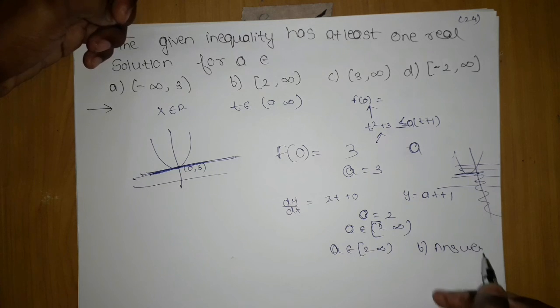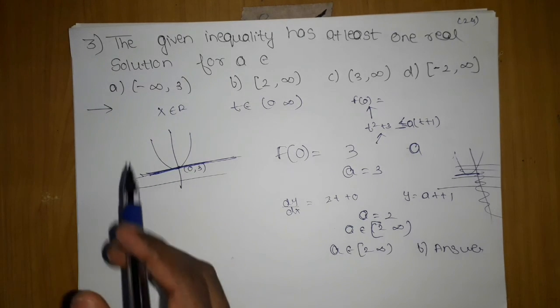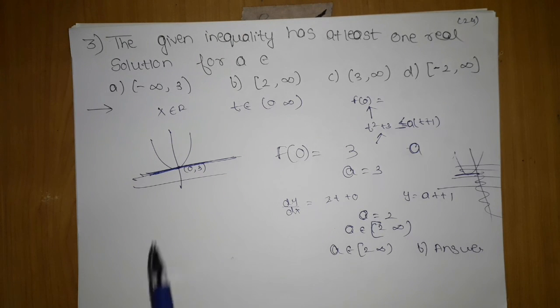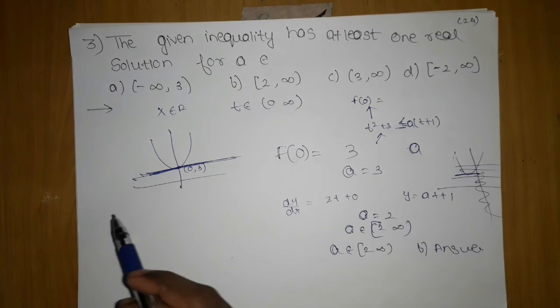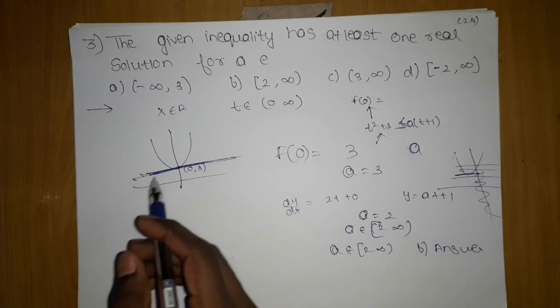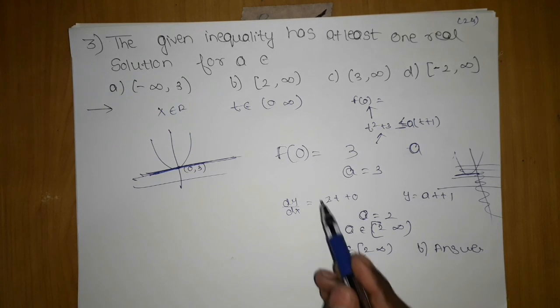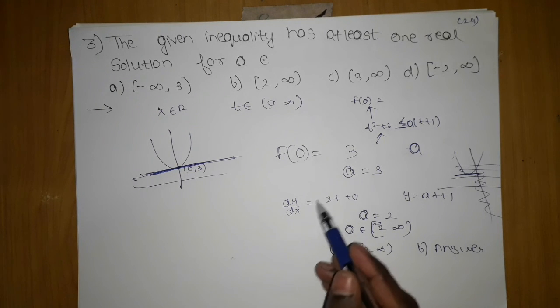Now listen, let me teach you again what happened. We want a real solution, so we have to trace the path, because a real solution can be positive or negative. You will ask, the question has a negative solution, so can we combine these two? Yes, we can combine, but we should know from where it starts. So when we draw the path of the parabola and the straight line, for the straight line to touch the parabola, it should have its minimum at that point, then it will just touch the parabola. So we differentiated it and got the line.